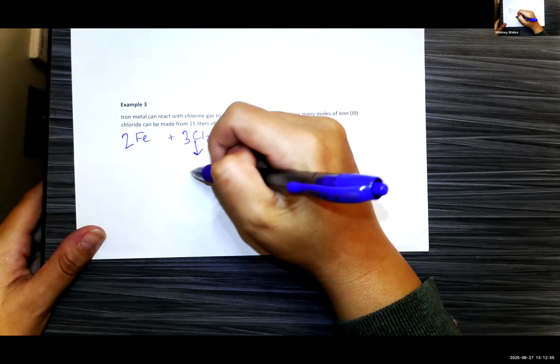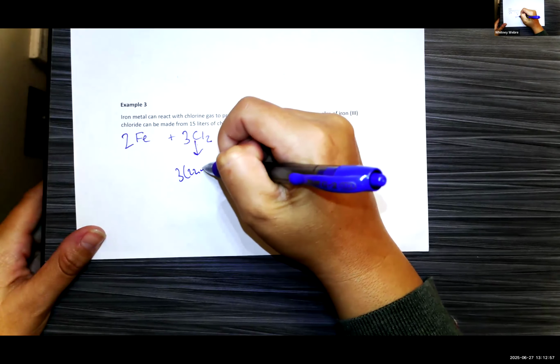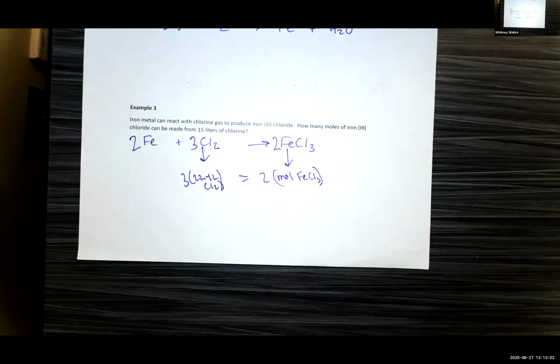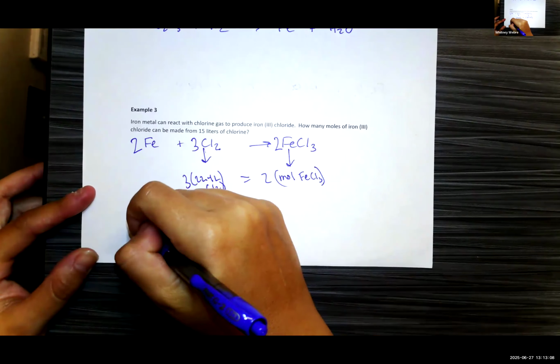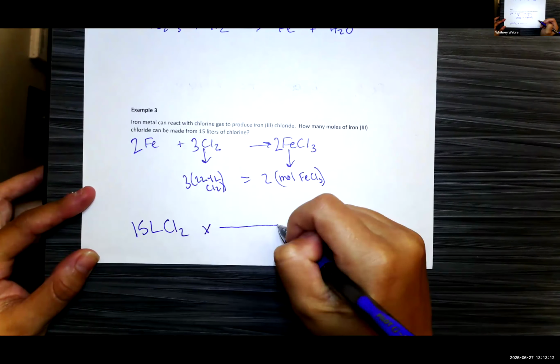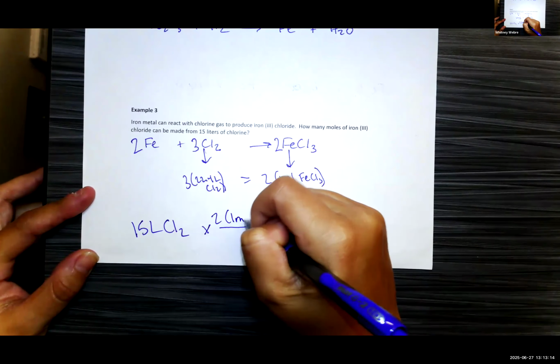Can be made from 15 liters of chlorine gas. So, using the mole triangle, we just have to create the equivalence and we can set everything up. So 15 liters of Cl2 times 2